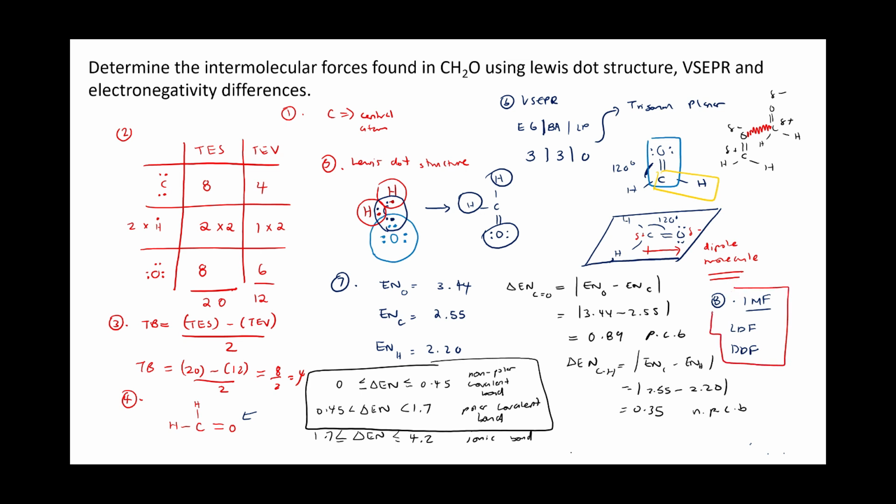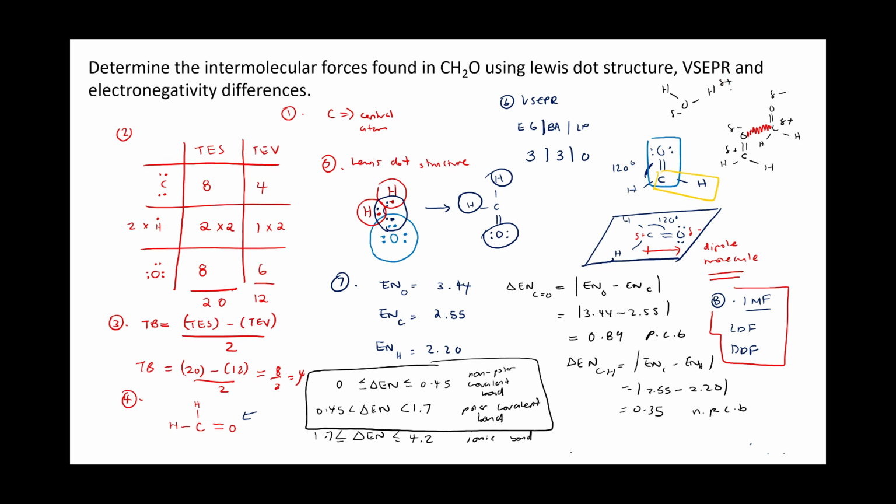hydrogen bonding by itself, but it depends on what physical property we're looking at. If you were looking at solubility, for instance, between water, which we know is a polar molecule, and this species here, like if we had a water molecule that was located here, let's draw it. Let me just erase some of this so we have some space. If there was a water molecule here, which we know is a polar molecule,